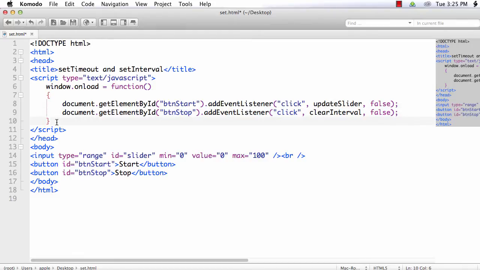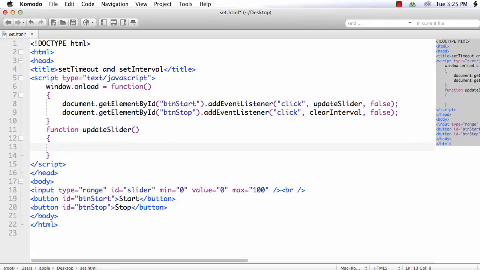Next, we need to write the updateSlider function. Function updateSlider. Let us use the setInterval method because we need to update the slider every second. That is, we need to execute a specific function repeatedly. For that, we should use the setInterval method. We need to pass the ID set by the setInterval method because we will require it when we clear it.